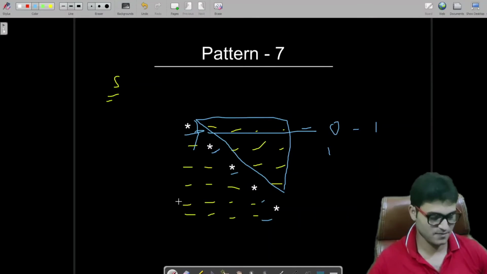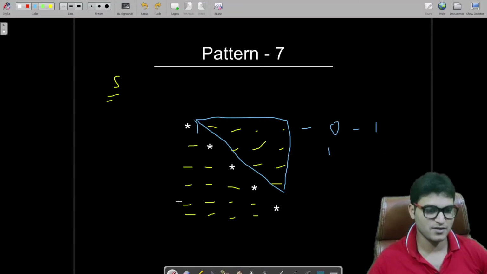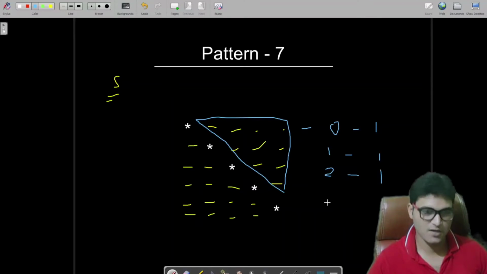Fine. So, sorry, things should not be messy. Great. So in the second row we have 1 space, 1 star. In the third row we have 2 spaces, 1 star. In the fourth row, how many spaces do we have? 3 spaces actually, 1 star. And in the fifth row, so this is for 1, this is for 2, this is for third, this is for fourth, and this is for the fifth row actually. And how many spaces do we have? We have 4 spaces and 1 star.